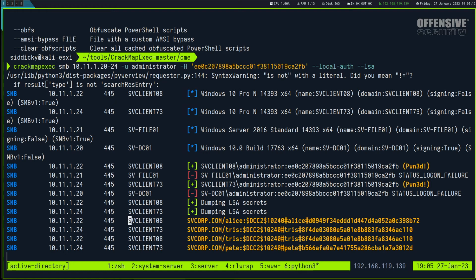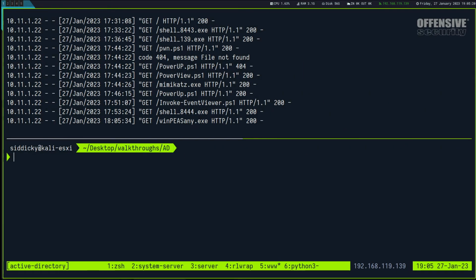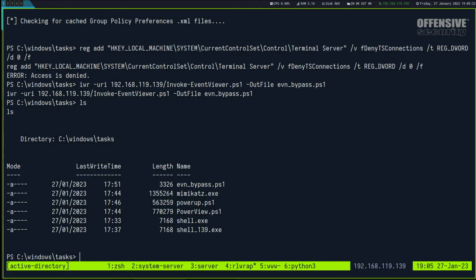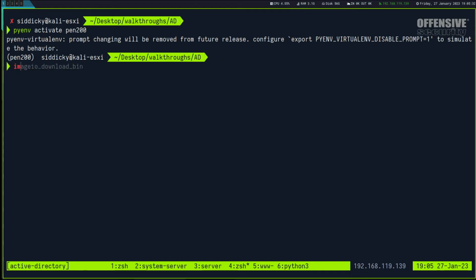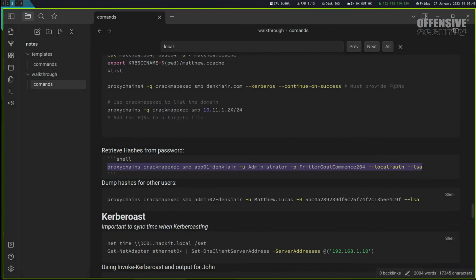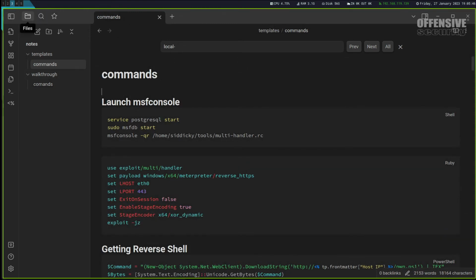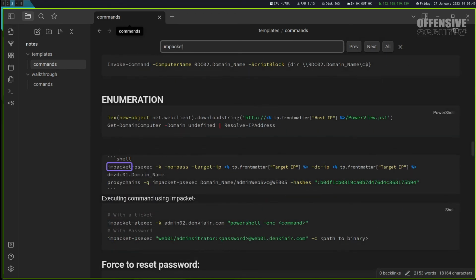I'm gonna go on O8, on 7.3, I'm gonna try Tris and see if I can get a shell using Impacket. Now, the command, I don't want to get it wrong again and again, so I'm just gonna search for the command here. And it is psexec, no format, and